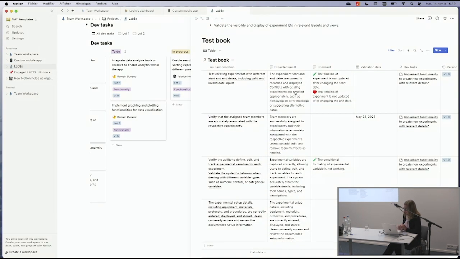So for each development task, I can add several items with the test condition, expected results, and comments. And here we can communicate with the developer, so I can write here if there's something wrong or if there is an anomaly, and using some icons here,